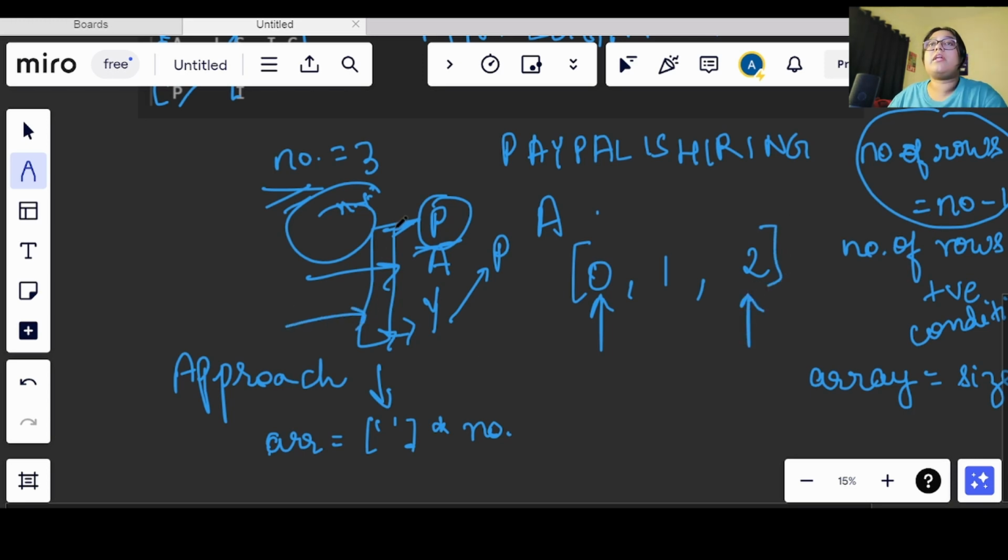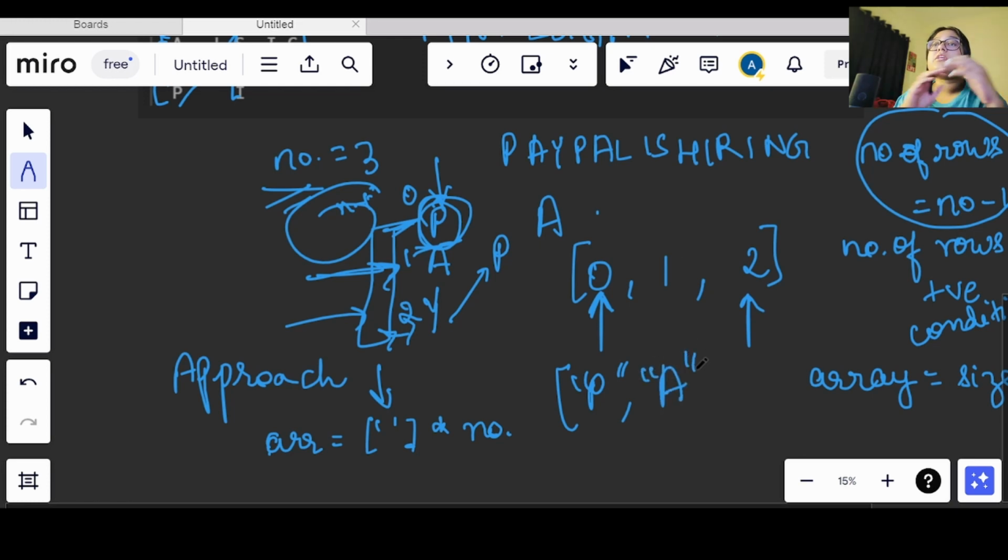So this will be 0, this will be 1, and this will be 2. Now let's say we are iterating here, and we are on p, then we will be adding the value here, okay? Now we see that we are going to the 0th index value, so we will have to add the value here, right?